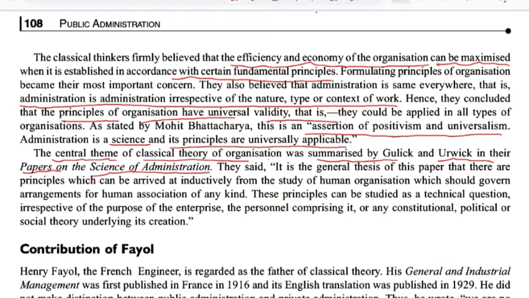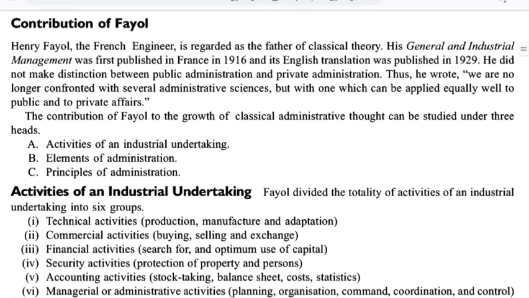Then we have the contribution of Henri Fayol. In respect to the classical theory of administration, first we will discuss the contribution of Henri Fayol. Henri Fayol was a French mining engineer, mining executive, author and director of mines, who developed a general theory of business administration, often called Fayolism. He was born in Istanbul, Turkey